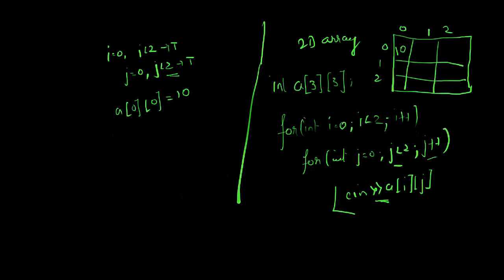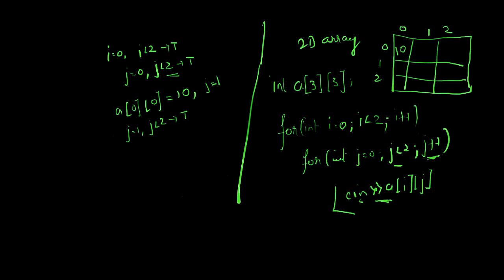it goes to j plus plus, because I have only one statement in the body of the loop. After this it goes to j plus plus. So now the value of j is being incremented, so j becomes 1. So when j is equal to 1 and j less than 2, the condition still remains the same. So what happens? Once the condition is true, again it gets back into the body of the loop, that is cin